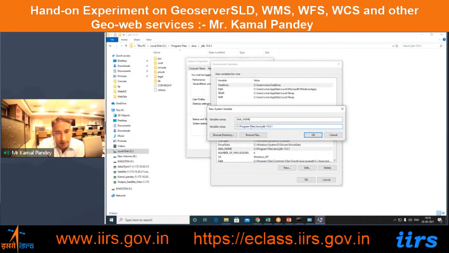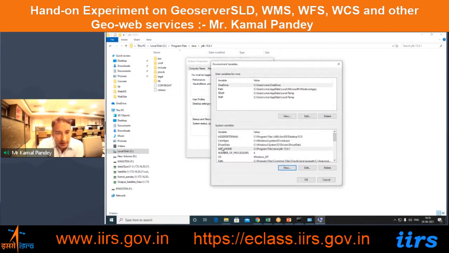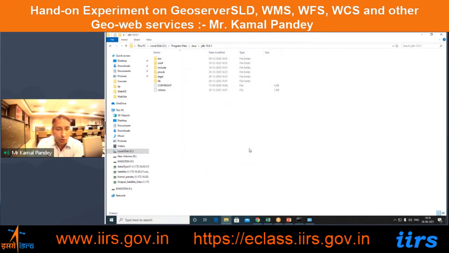Okay, this full path you have to paste it here. Then you have to click OK, and then this variable will be visible to you over here. So this variable is very much required for your Apache Tomcat server. If this variable is not there, your Tomcat server will not work. So this is the basic requirement. So once you have ensured that Java is installed in your computer, JAVA_HOME variable is also there in the environment